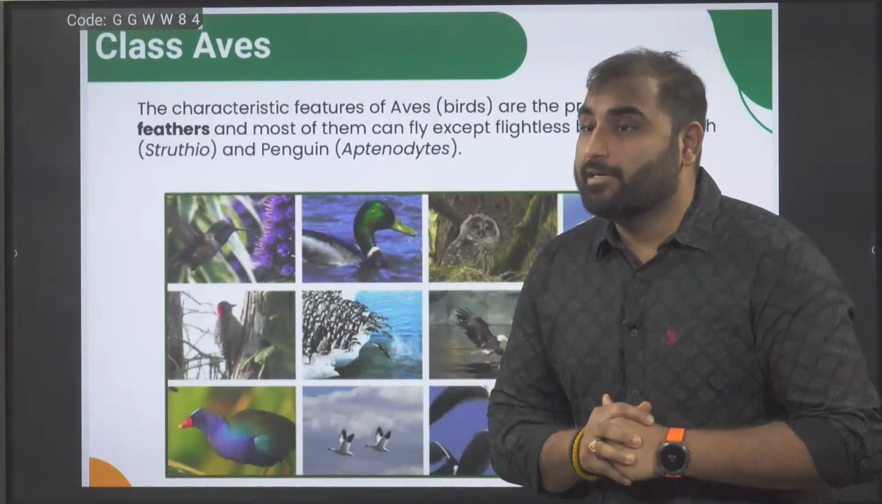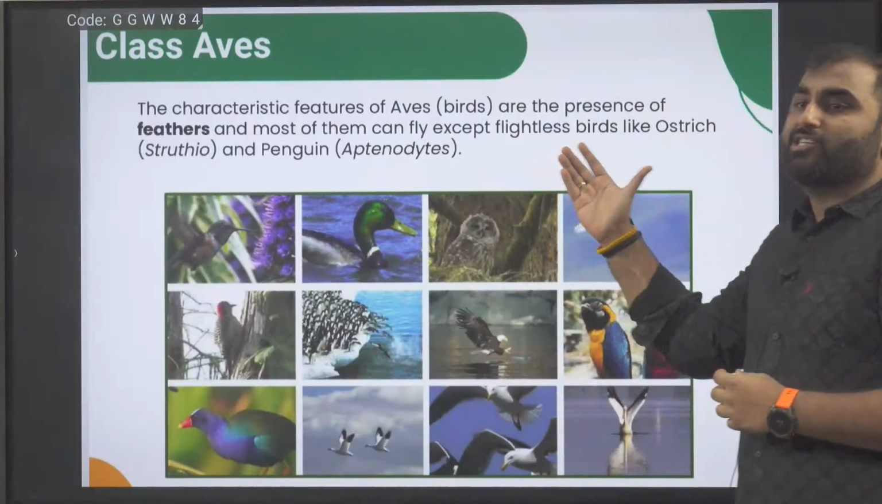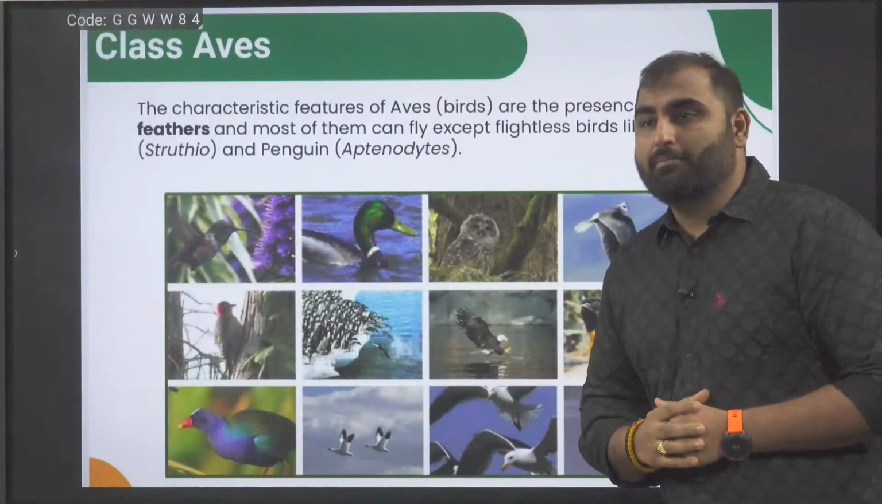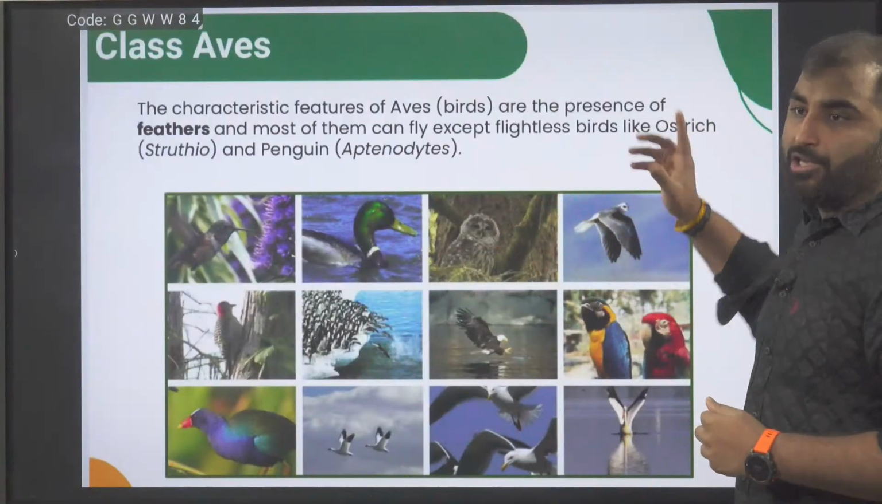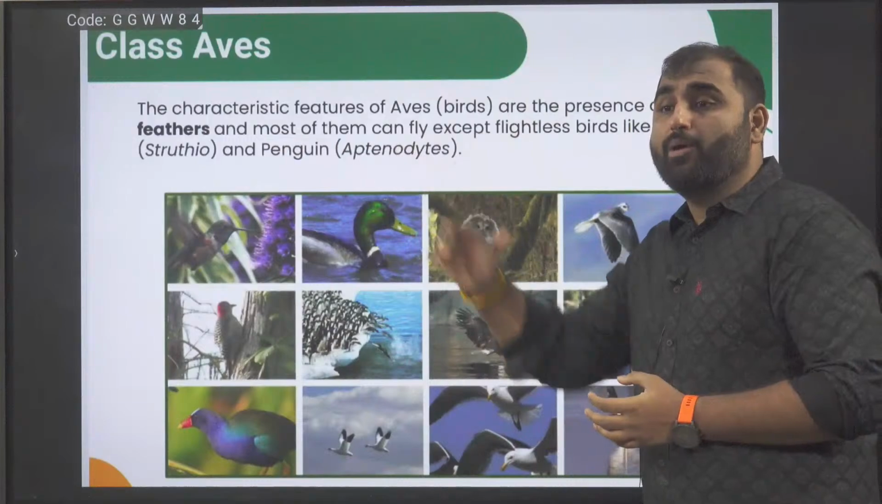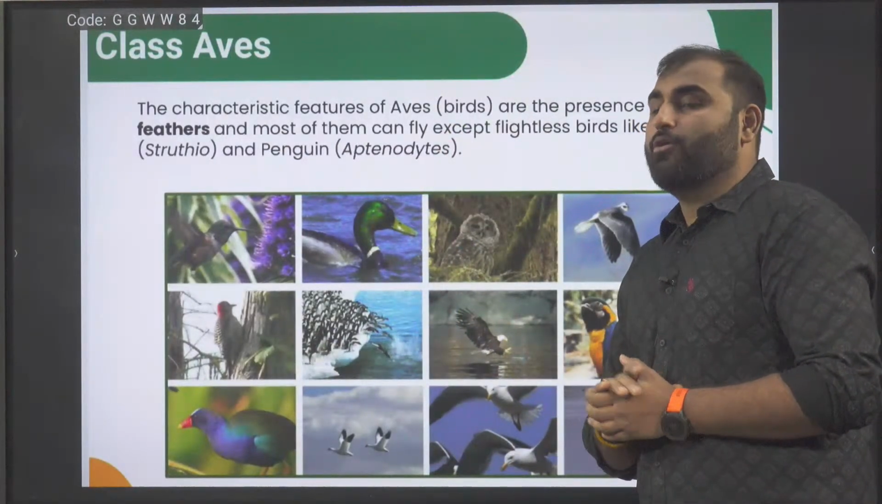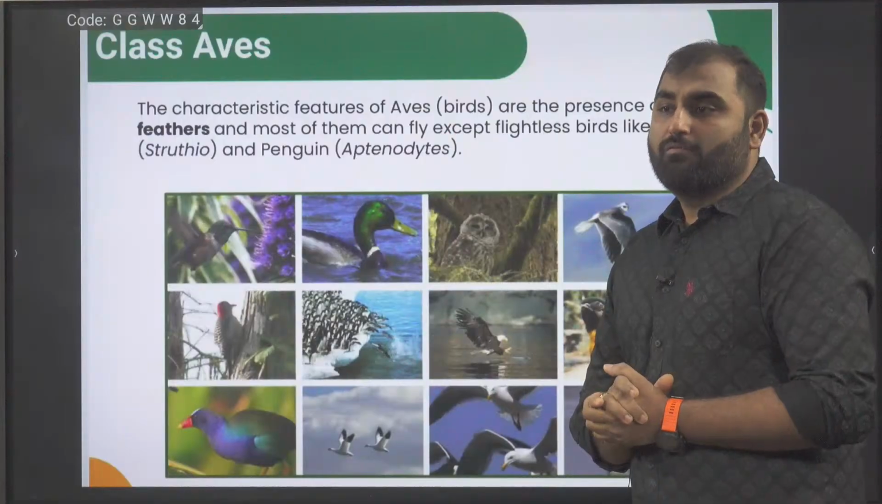There are many birds which cannot fly, and they are called the flightless birds. Which are the flightless birds mentioned here? We have the ostrich, that is Struthio. And then we have the penguin, that is Aptenodytes, which do not have flight muscles, or they